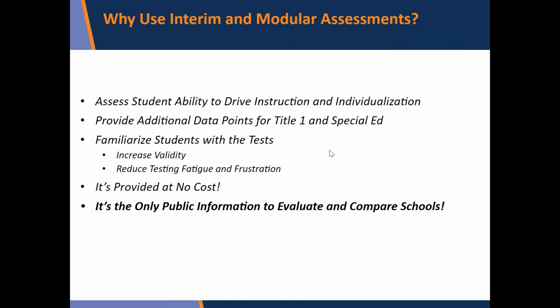Well, folks, I have to tell you, the honest truth is they're not going away. So no matter how much time we invest in trying to explain to the Department of Ed or anybody else that these tests are not valid, they're going to be administered in the spring of this year. They're going to be expected to be administered, and at the end, the results are going to be public.